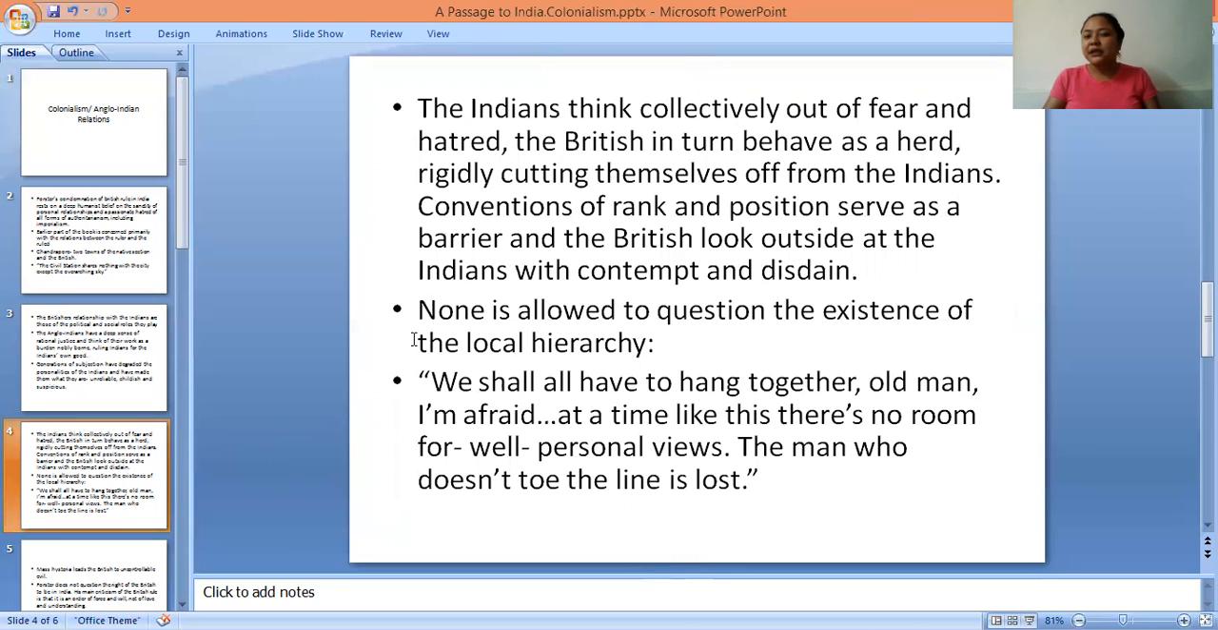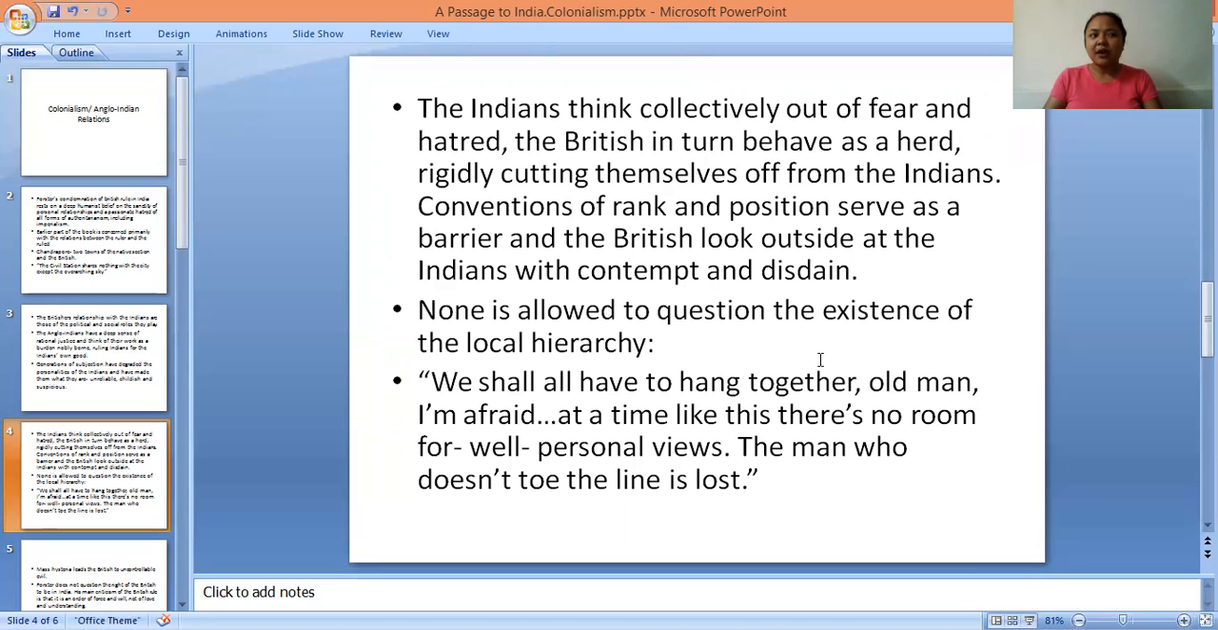The Indians think collectively out of fear and hatred. The British in turn behave as a herd, rigidly cutting themselves off from the Indians. Conventions of rank and position serve as a barrier, and the British look outside at the Indians with contempt and disdain. So the Indians think collectively out of fear and hatred, especially towards the second part of the book, when there was a riot, when Aziz was facing trial, right? So years of subjection have made them hateful and scornful of the British, and